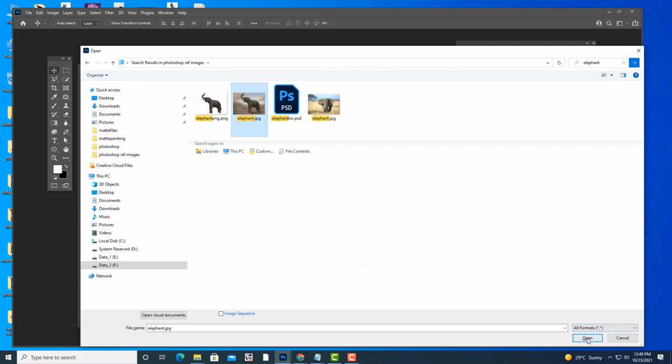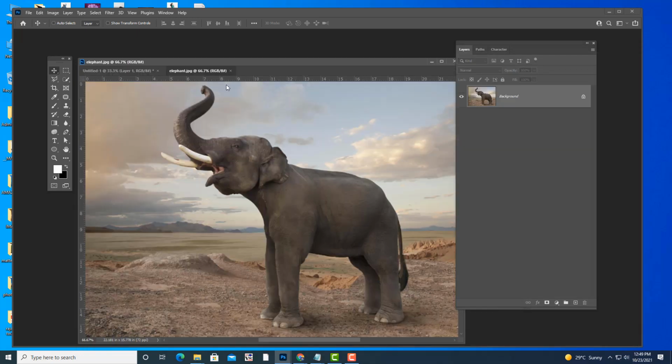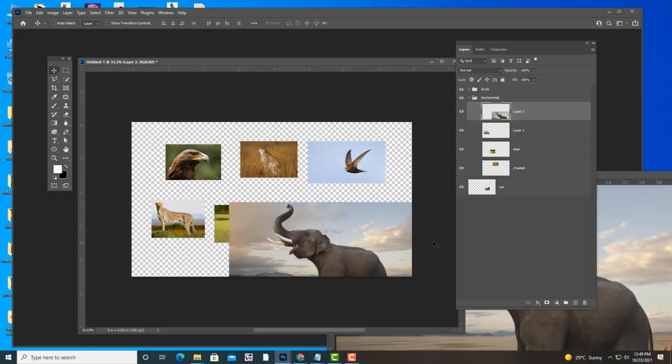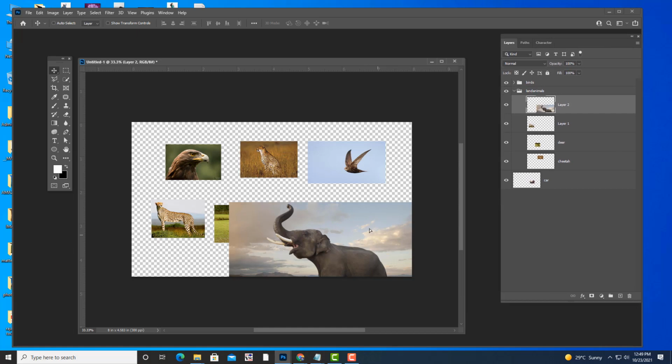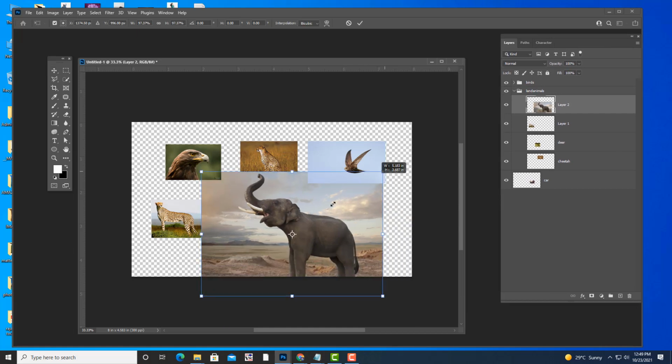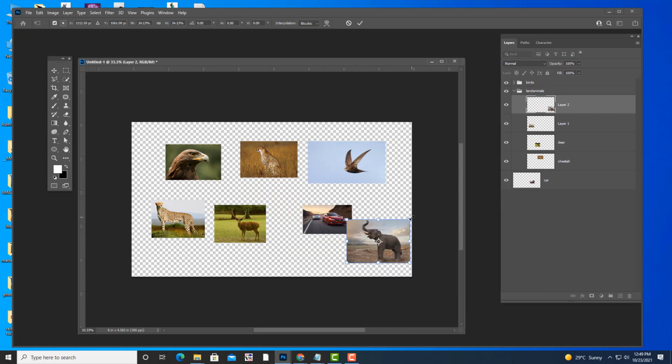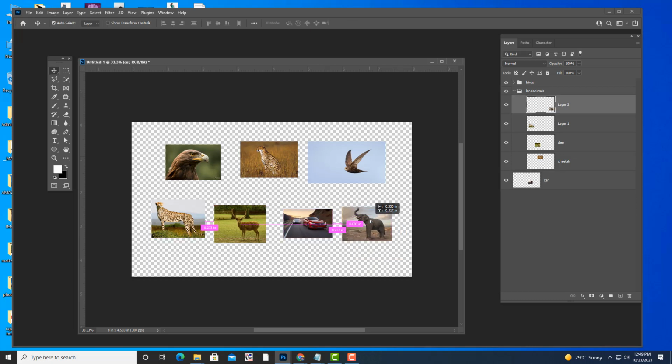So elephant is what? Carnivore or herbivore? I think you all have general knowledge, right? So elephant is a herbivore, right? So elephant and deer. So what we'll do? We will create a subgroup here.